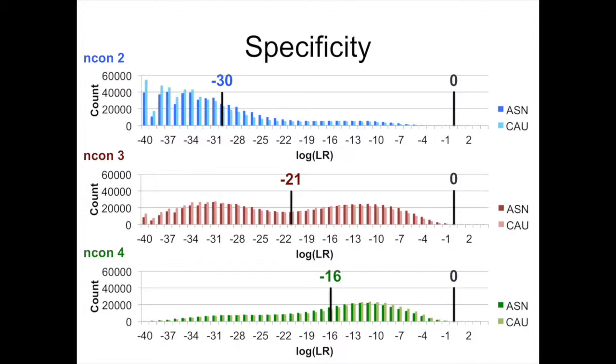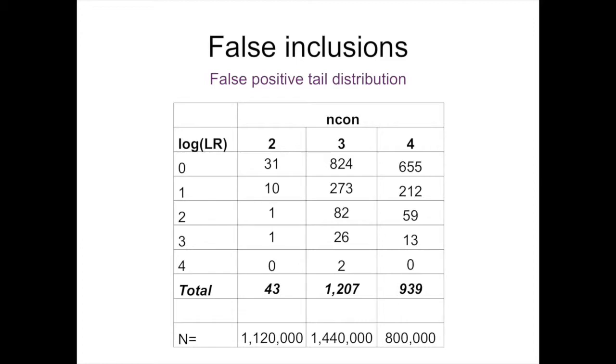We can also see that there are very few false positives to the right of 0. And we were able to quantify those false positives. So looking at the false inclusions, we examined the false positive tail distribution. Now we're seeing all of the counts for log-LR values in the middle and for each bin. And so what we're seeing for a log-LR of 0 here is defined as anything with a log-LR between